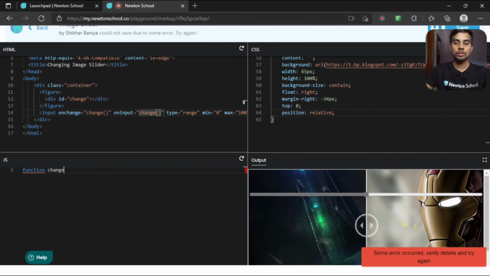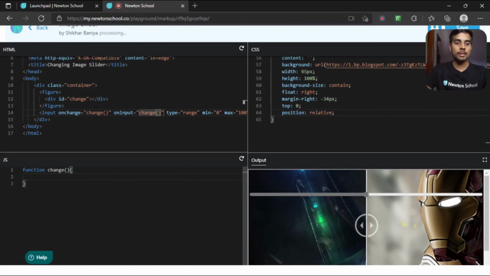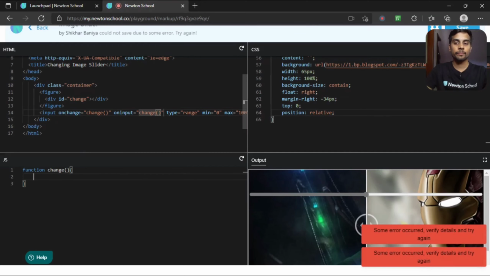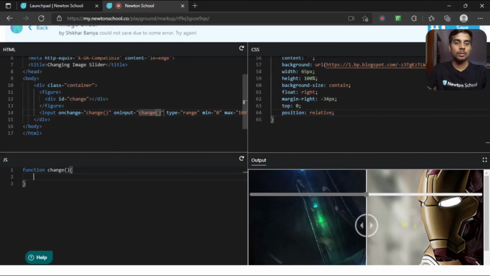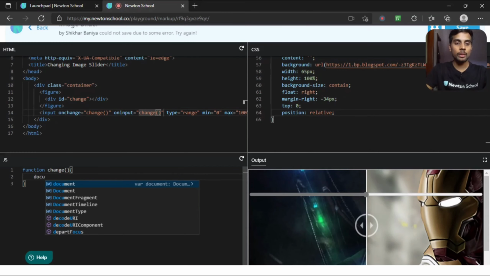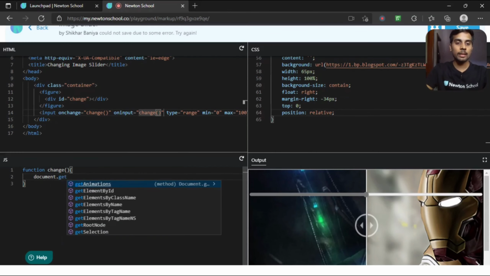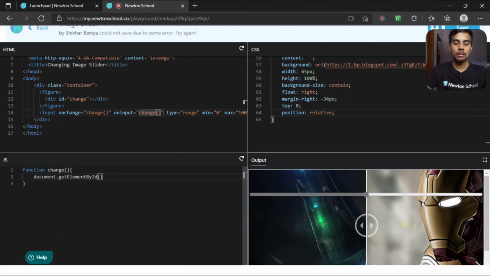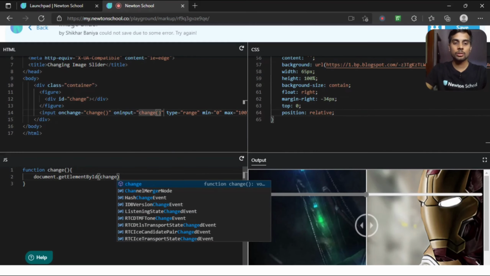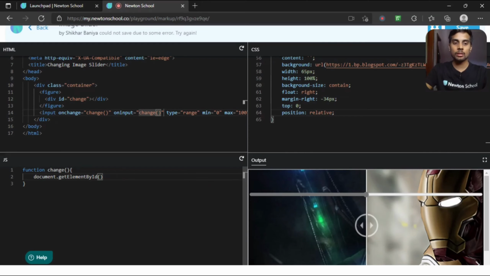Function change, and inside this function, let's target the id change. So document.getElementById, inside quotes, change.